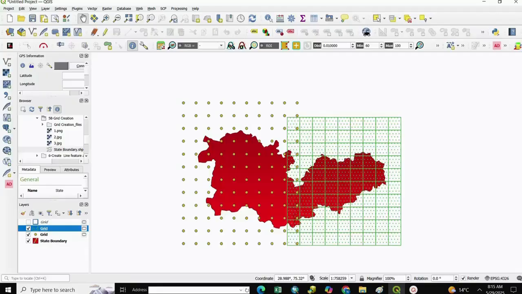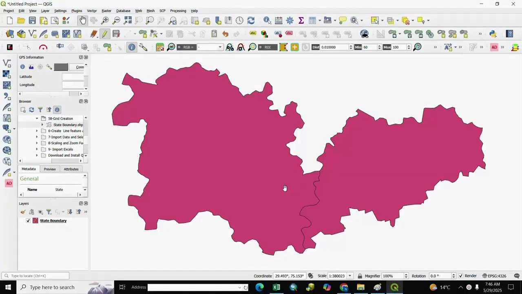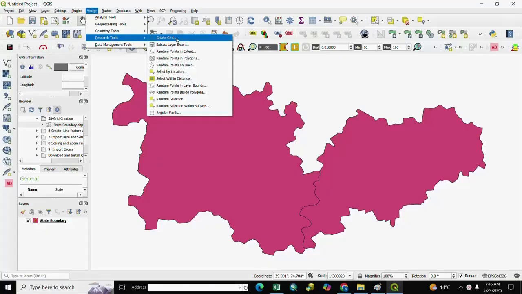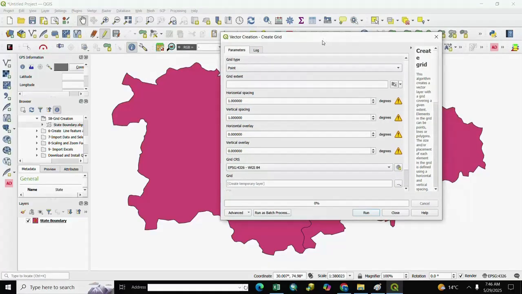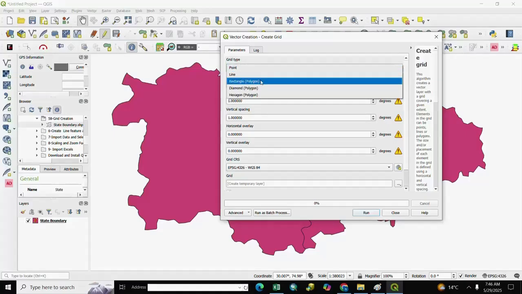So let's start. Here is our polygon. For creating a grid, we go to Vector, Research Tool, and we select Create Grid. After it, we select the grid type: point, line, rectangle, diamond and hexagon. We select polygon here